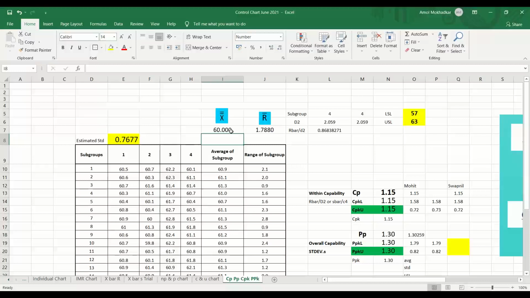Okay. Yes, same. But why is it the same now? Because you have centered the process. The data average is now equal to the specification average. But even after doing this, did you get the required CPK or PPK value of 1.67?